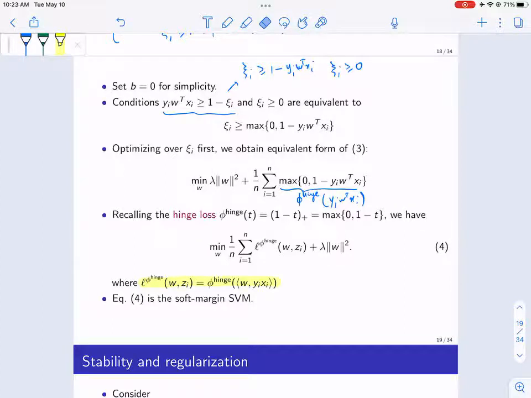But you can see the soft margin SVM is a very natural empirical loss minimizer. Right? So this is an ERM with L2 regularization of the weight vector W. This is sometimes called Tikhonov